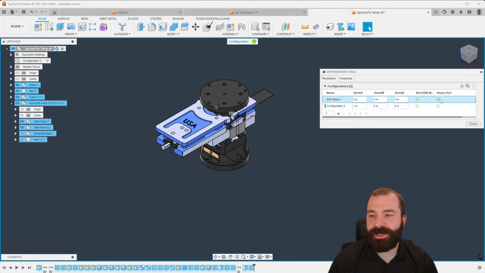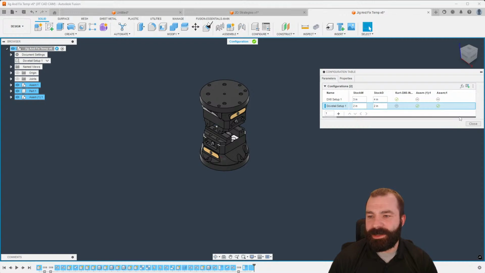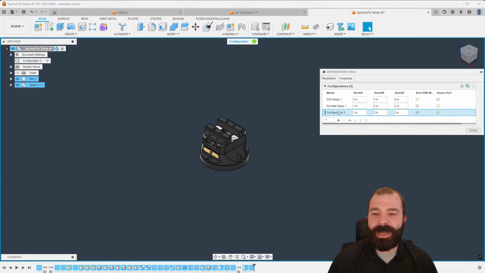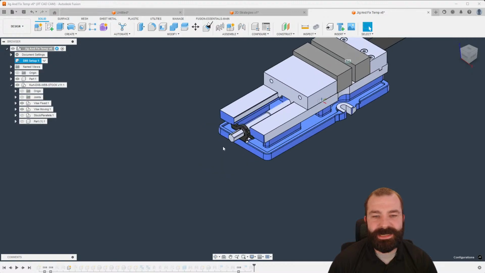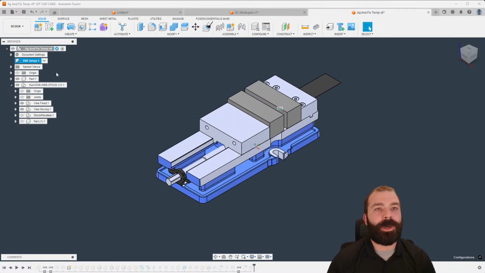Deep Thinker, I'll grab you here in a minute. And there we go. And then the next one will be my dovetail. Right? Again, we just want that certain assembly turned on for dovetail fixture setup 1. Maybe we add another one. That next one is going to be dovetail, if that makes sense. So again, quickly toggling on and toggling off based on configurations as to what we want to use and how we want to set up our